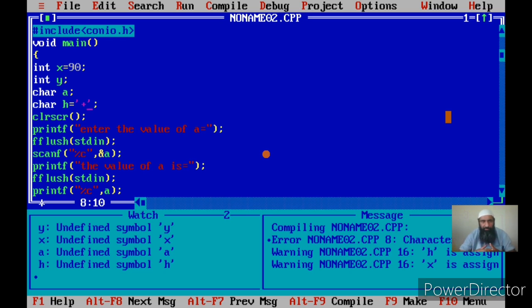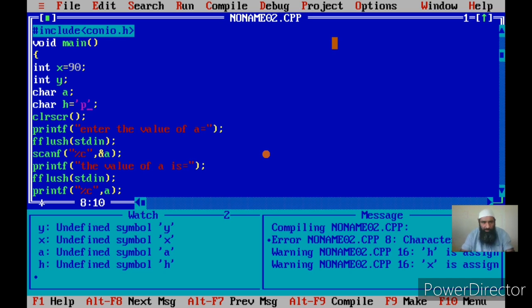Suppose h will now store a plus sign. If I put 0, h will store a digit 0. If I put a character like p, it will store the character p in it. But how many characters? A single character. I have been impressing on this because there is a difference between integer data and character data. A single character variable can store only a single character. Character constants are usually single characters, but in certain special cases they are 2 characters, but C internally treats it as a single character.